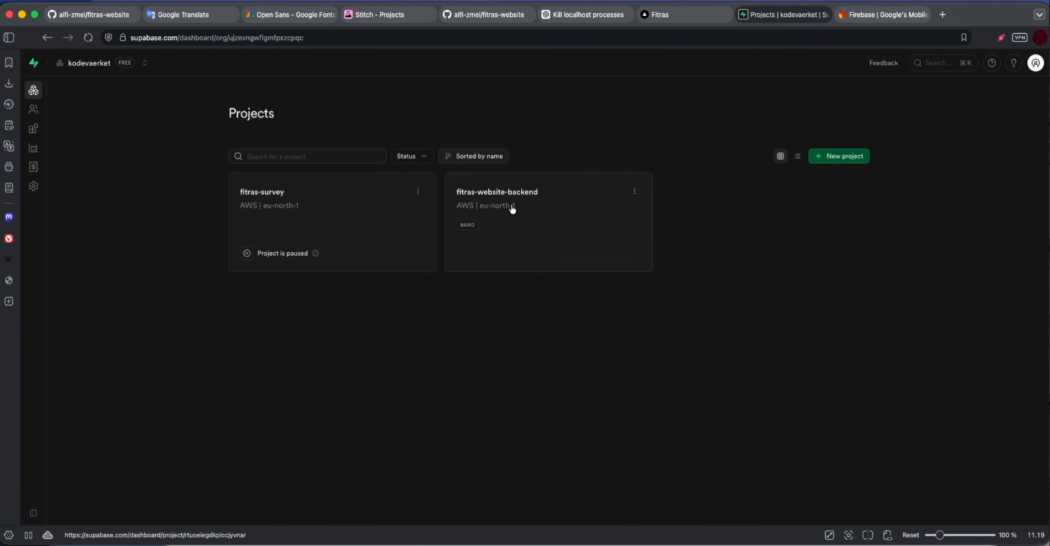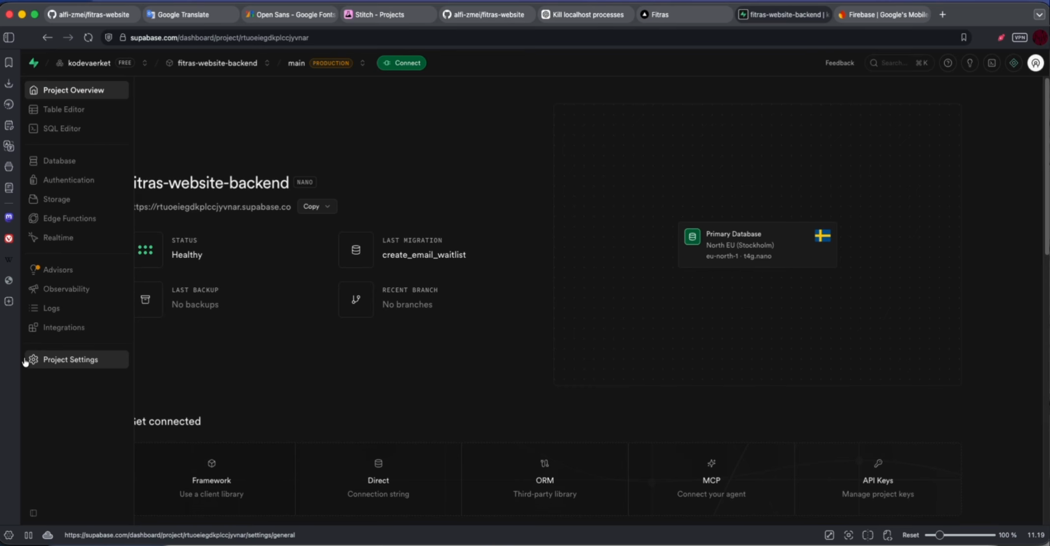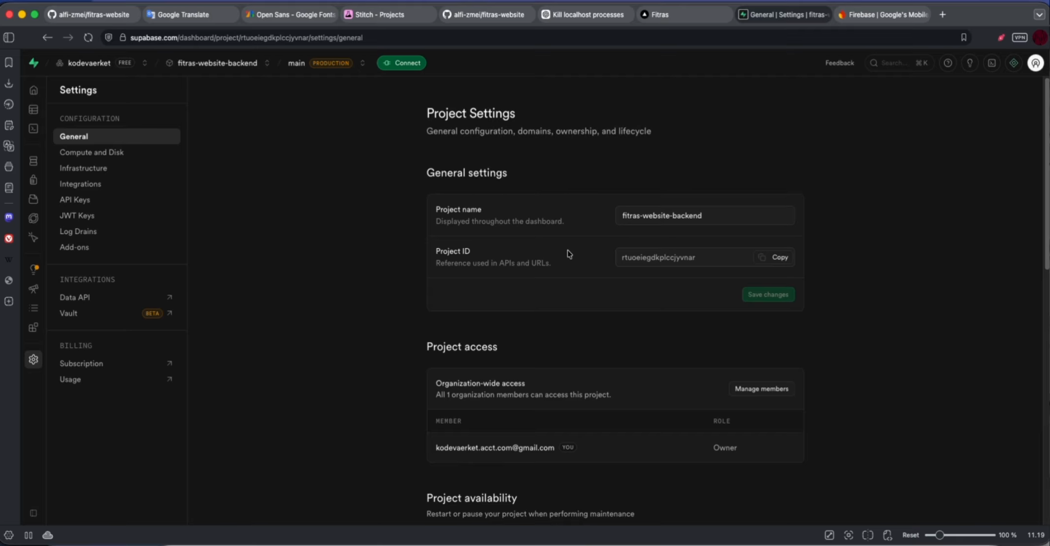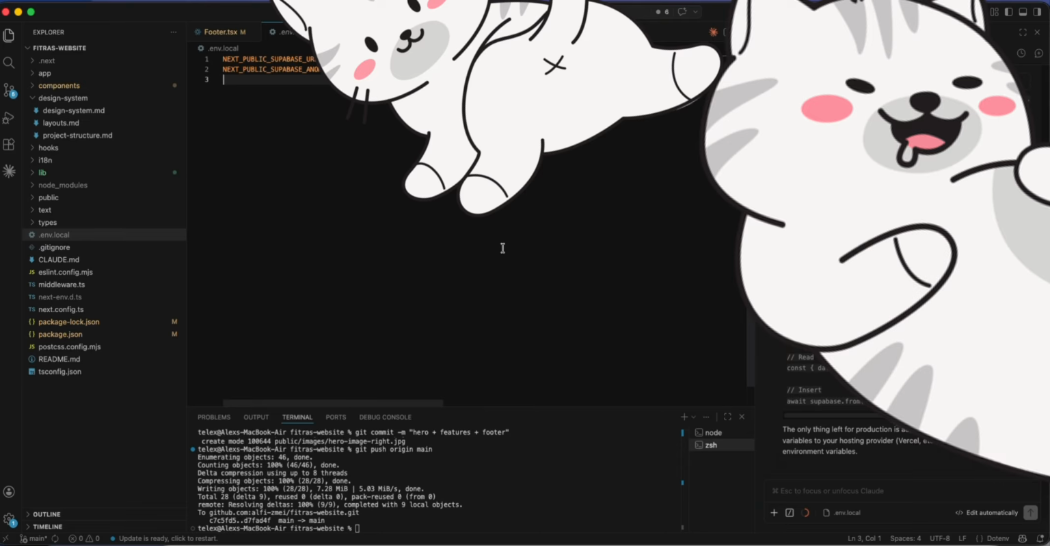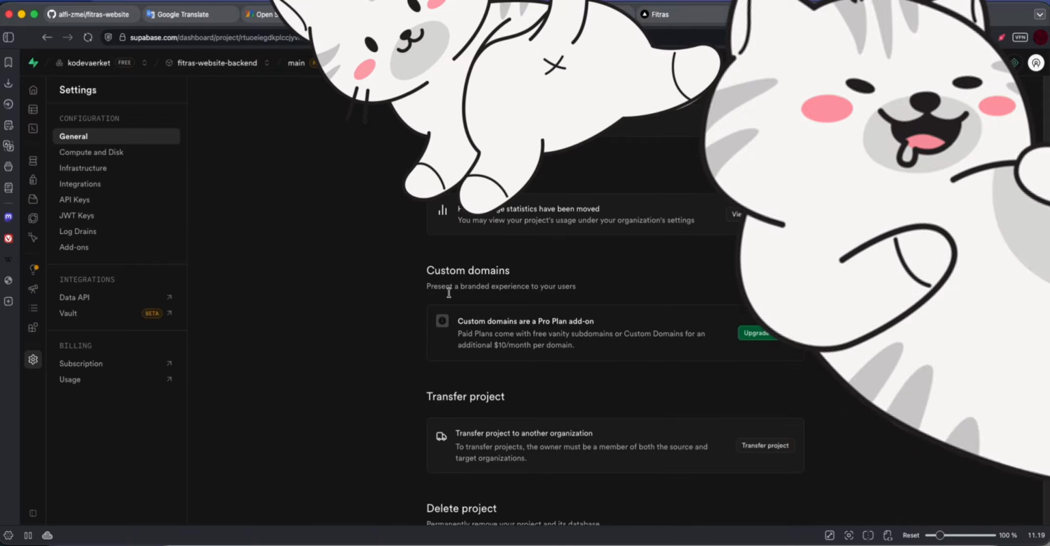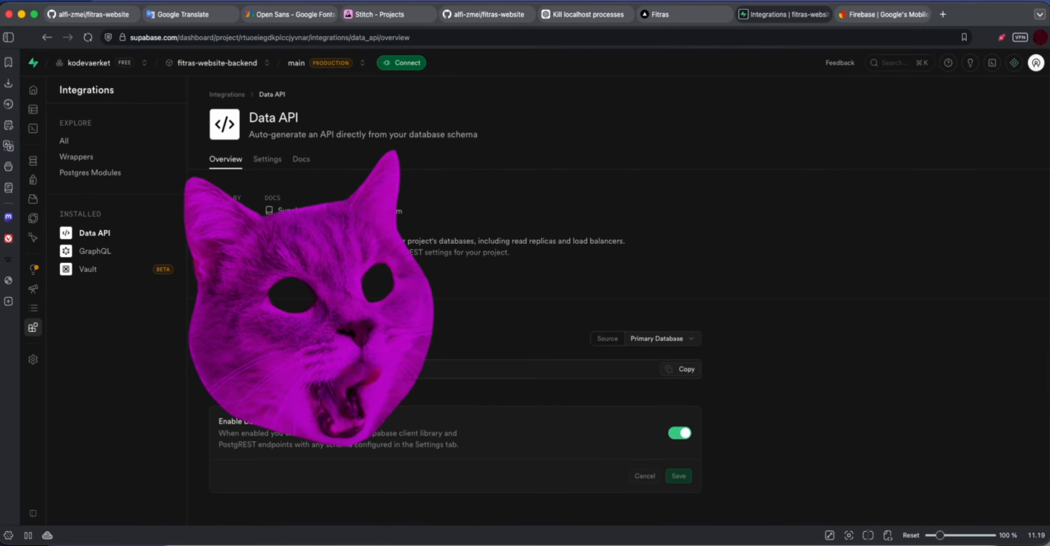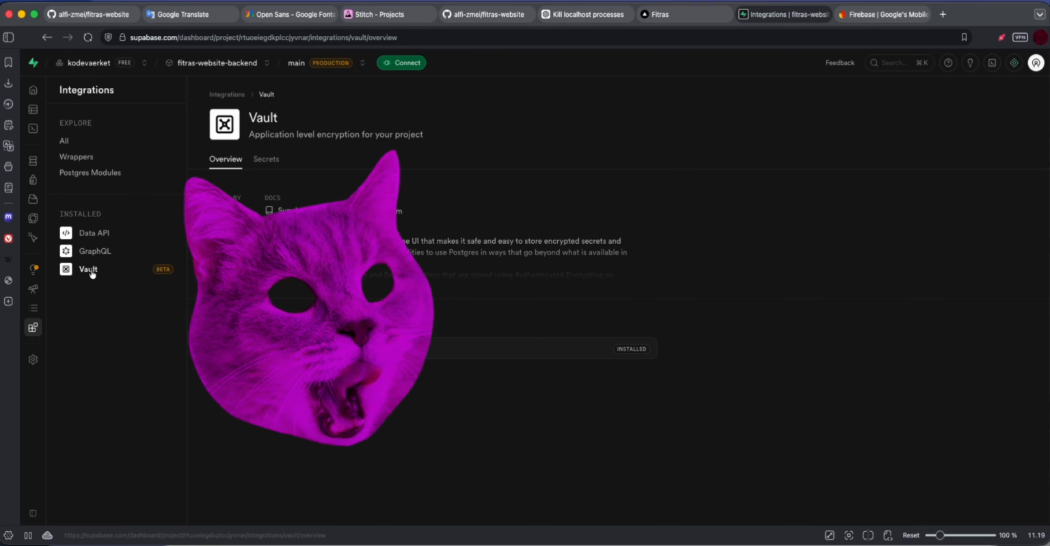Let's go to the project name. Yeah, it's correct. And you can also go down to data API. So this should be the link. And let's look at the keys. But I'm guessing it is definitely the same key. But